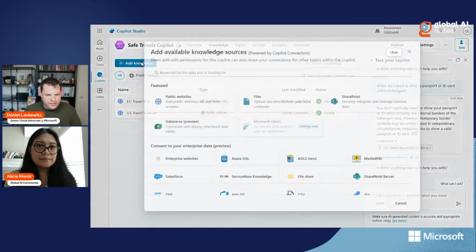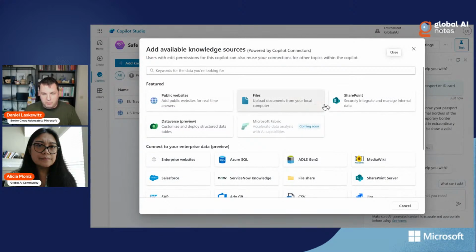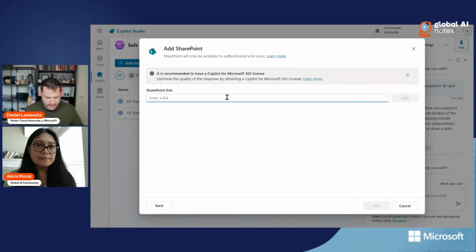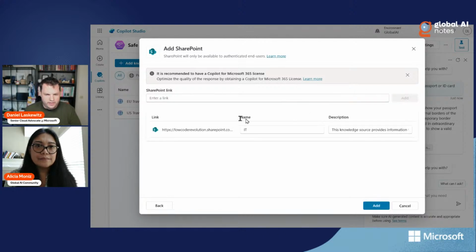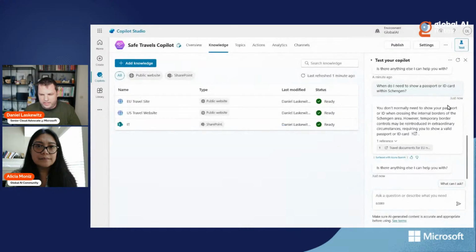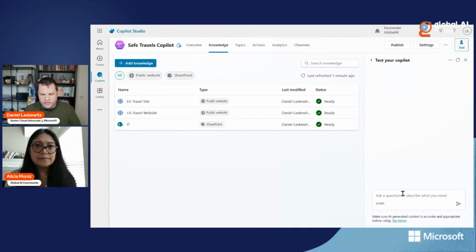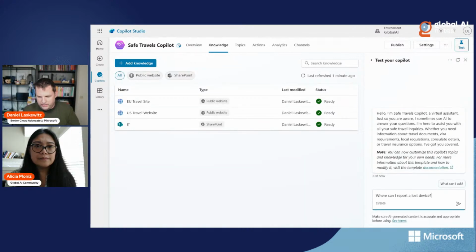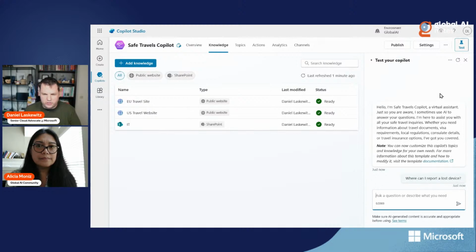But we can also do other stuff. We can also add other parts. What I can do here is add SharePoint, for instance, and I can add a SharePoint URL. I have an IT website on this tenant, and I'm going to add that website to the agent. Then when I refresh the testing pane, I can ask a question about it. For instance, where can I report a lost device? And then this should come up with an answer from the SharePoint side,